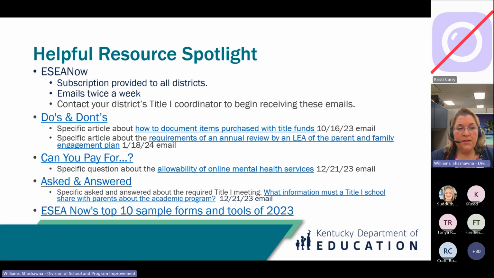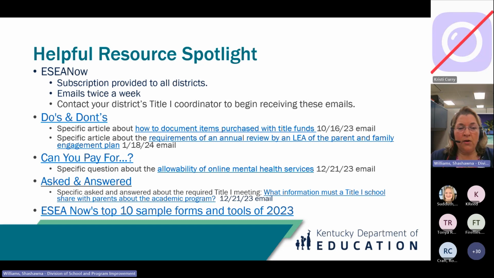One of the sections of the website is called Do's and Don'ts. Basically it's an informational page with financial and programmatic moves you should and shouldn't make and why. Some of the topic examples include assessments, foster care, family engagement, English learners, and private schools. And then I have links to two of the articles that I thought were especially helpful for some of the things that I see with my Title I districts and Title V districts.